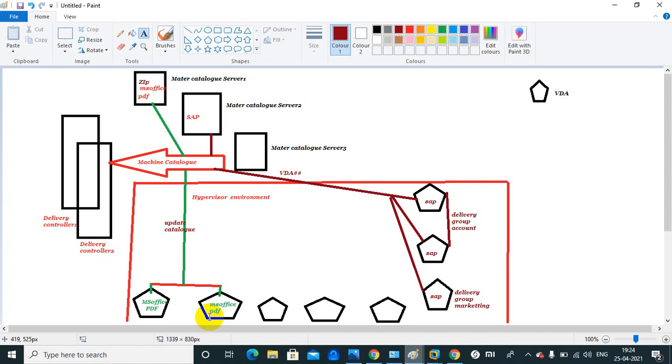On that you need to install the master catalog. It's the same as a VDA. You need to install the VDA, but at the time of installation, you need to select whether you want to create a master catalog server or just install the VDA. Once you select that you want to install the master catalog server, that server becomes a master catalog. Once you click on update catalog, you will get options to apply immediately on the machine or restart them, schedule this, or apply on next reboot. All those options you get on the update catalog.